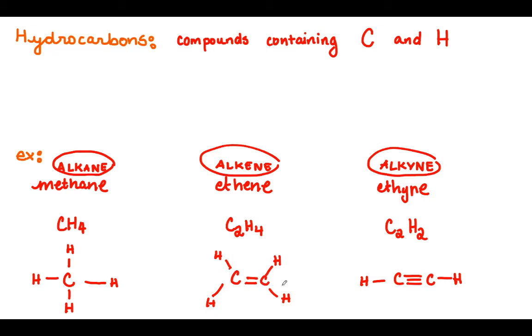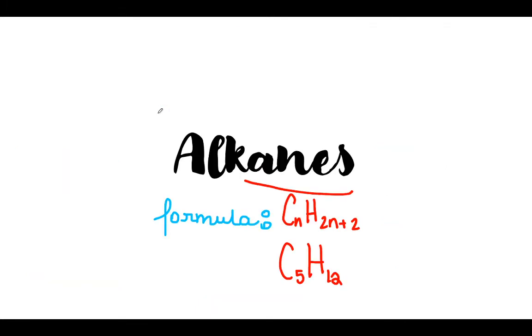And same with this one. And even when there's a triple bond, 1, 2, 3, 4. This is always going to be true. Carbon is going to have a total of 4 bonds, and this is because carbon has 4 valence electrons. When we're drawing these hydrocarbons, or just organic compounds in general, knowing this would be very, very useful for us because it makes our process of drawing much, much easier.